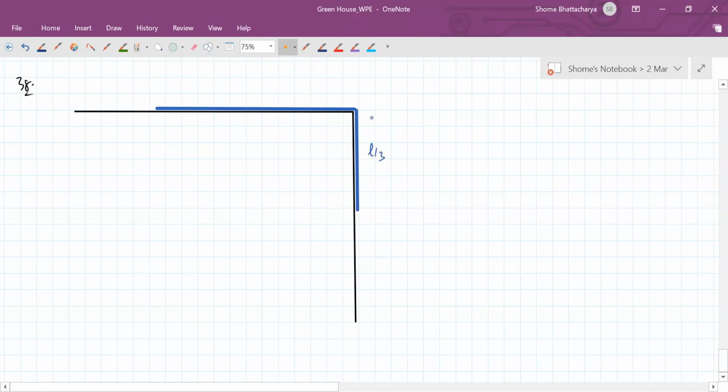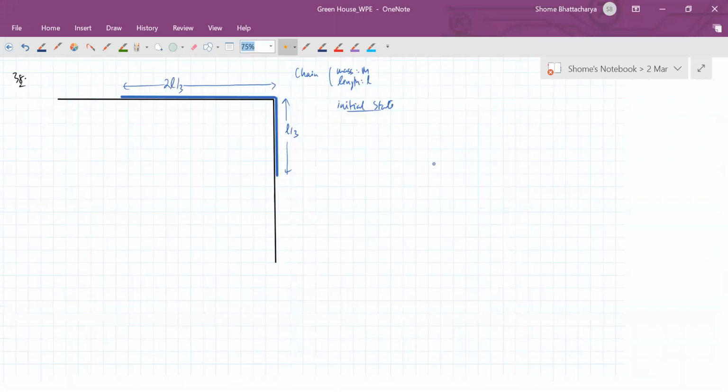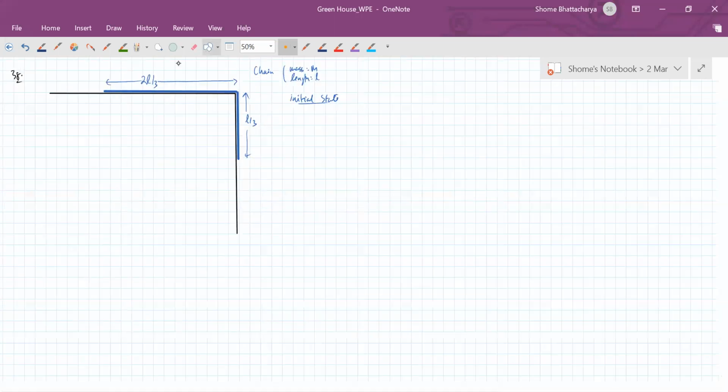So this is L by 3. So this is a chain of length L like this. So this is the initial state. Now from here, you want to lift it and place it on the table completely. So my final state,